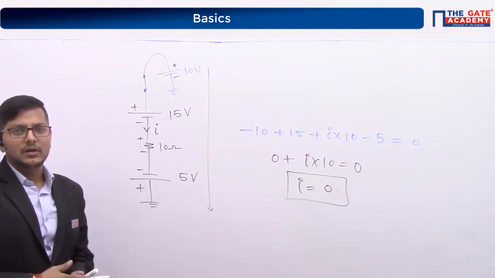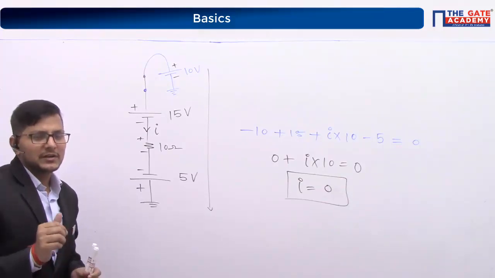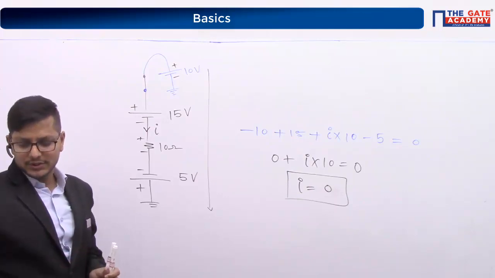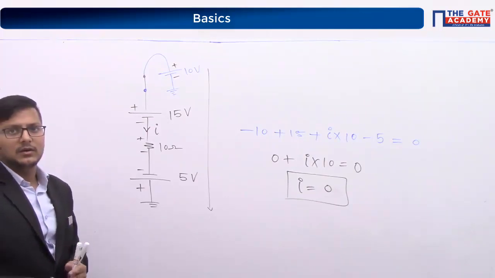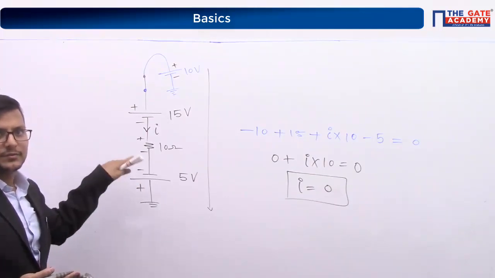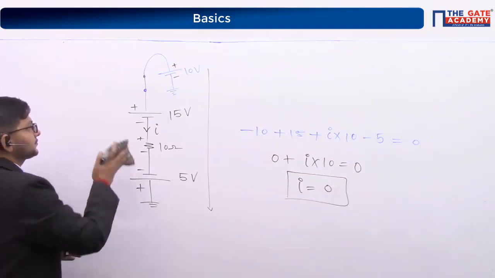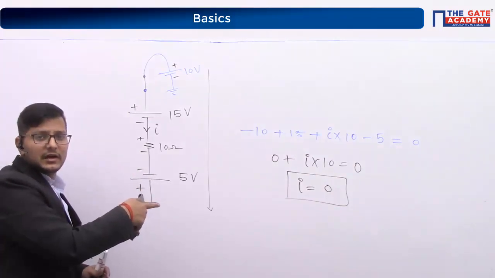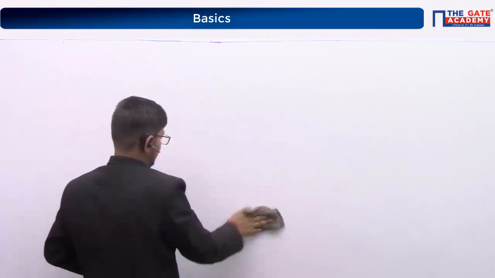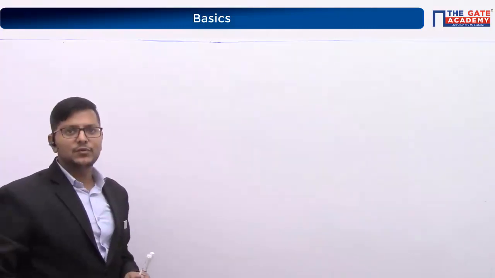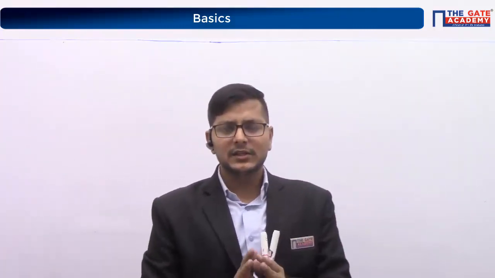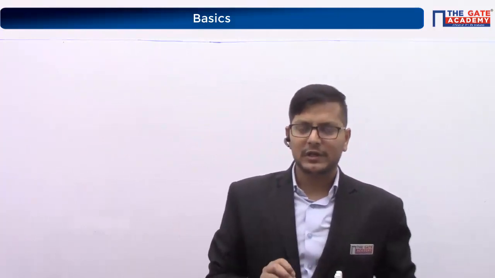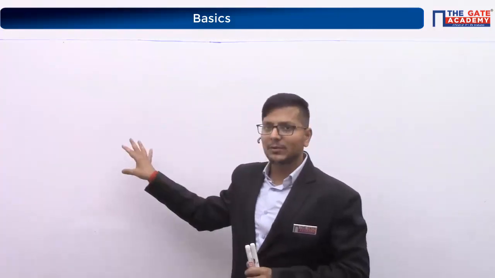Clear? Now I am going to make this question a little bit tricky. Now I am going to change this question. Clear? Shall I erase it? All of you note it down. If you know this concept, then up to this level of KVL is what we require in analog electronics, right?